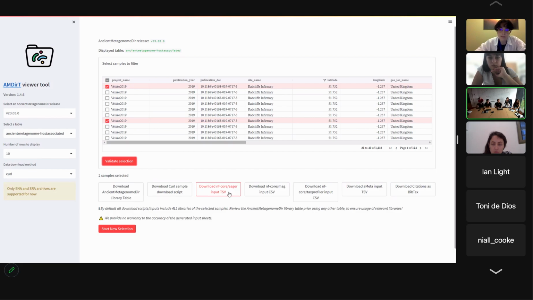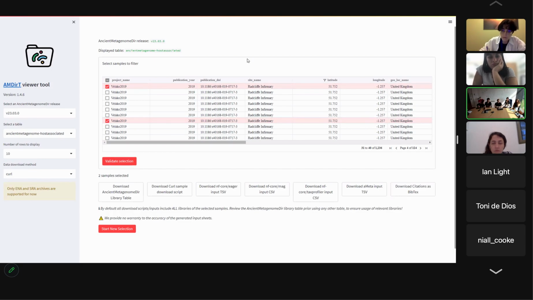So eager for mapping, nf-core/mag for assembly, taxprofiler for doing taxonomic profiling, aMeta to do similar things. And also it gives you the citations in BibTeX format, so that at the end, when you're writing your paper with all the amazing findings that you have made on these samples, you can properly cite the authors of the original